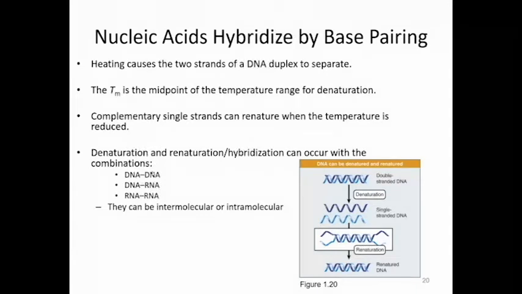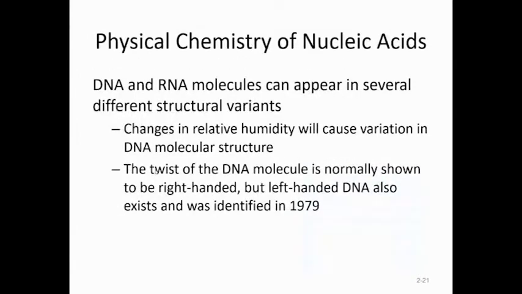And because RNA can form this double-stranded region, RNA can have several different kinds of secondary structure, which we will also discuss later. And the physical chemistry of nucleic acid. All right, so basically DNA and RNA can appear in several different structural variants that we will discuss, especially the